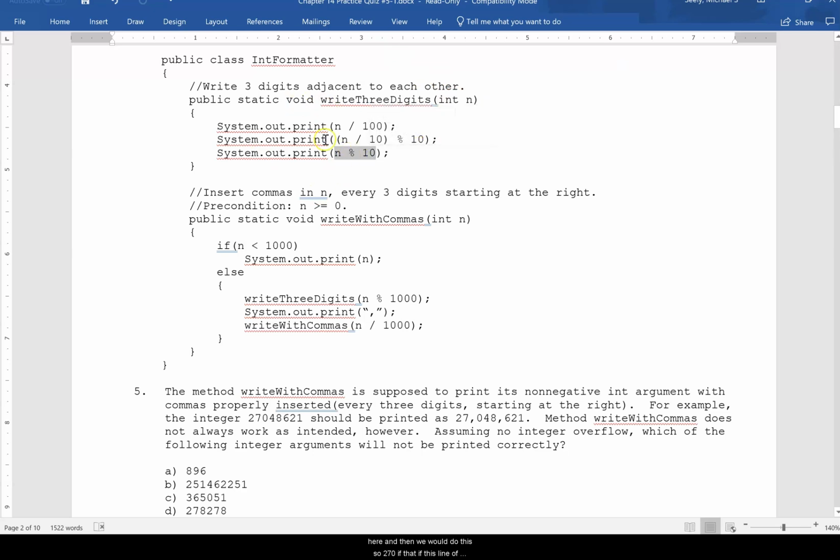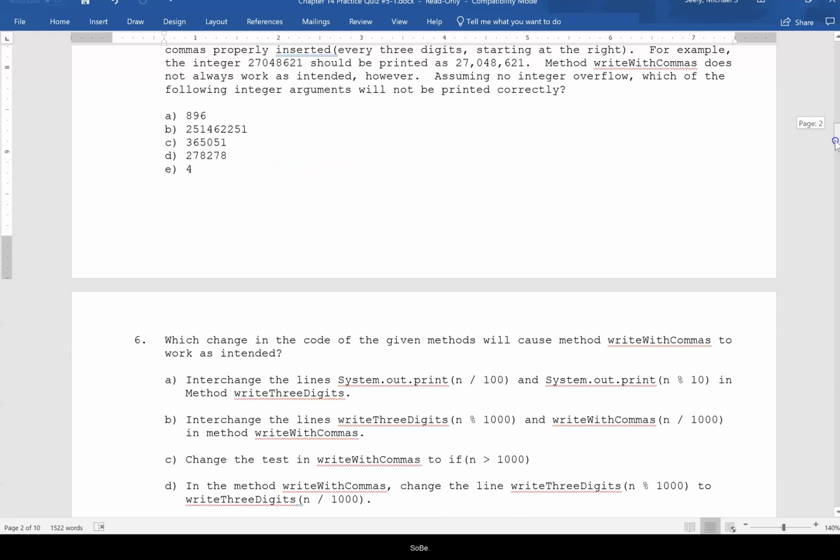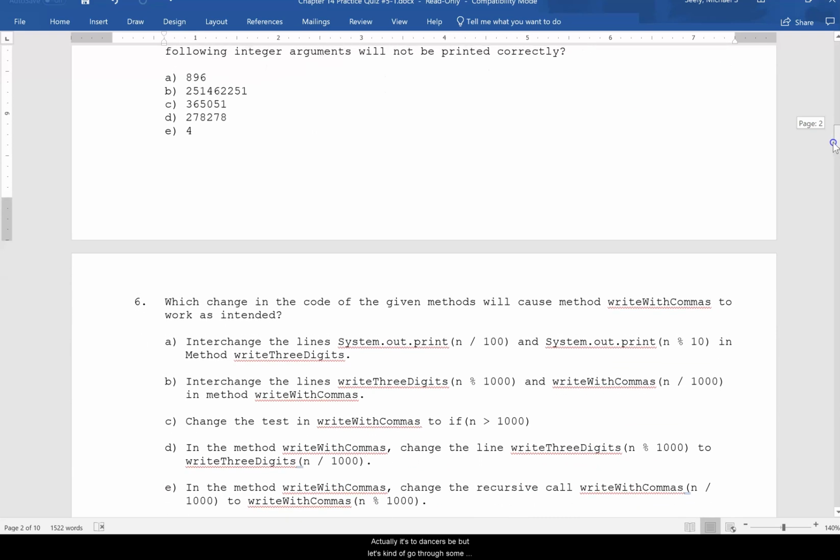So 278, if this line of code was up here and this line of code was down here, it would print 278 modulus 10 at first, which would give us 8. So 8 would be the first thing that would print. So that wouldn't work because the first number that prints is 278, not 8 and then whatever. I could keep going, but I'm not going to. So B,